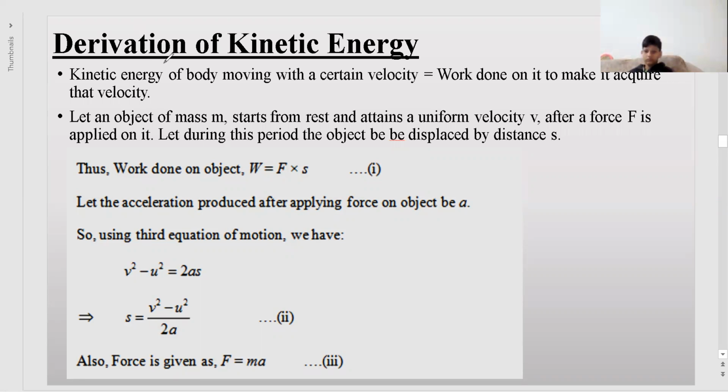Let us derive the formula for kinetic energy. This is a very, very important topic of this chapter. So first of all, we should understand that the kinetic energy of a body moving with a certain velocity is equal to the work done on it to make it acquire that velocity. For example, suppose